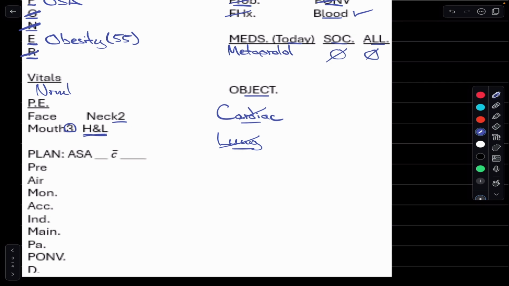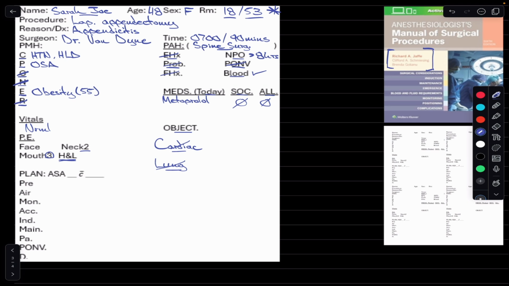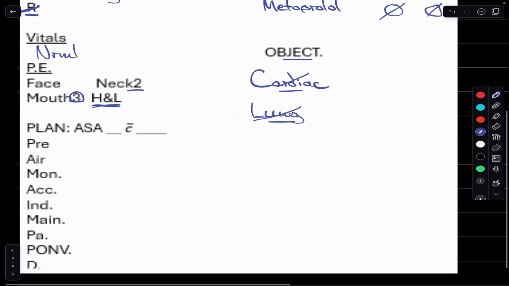Finally, after you complete all of this, you've done your entire assessment. You can go through almost all of this except for the physical exam the night before when you're reading through their chart, and then you're just double checking it when you visit with the patient in the morning. Finally, once I get to the plan,